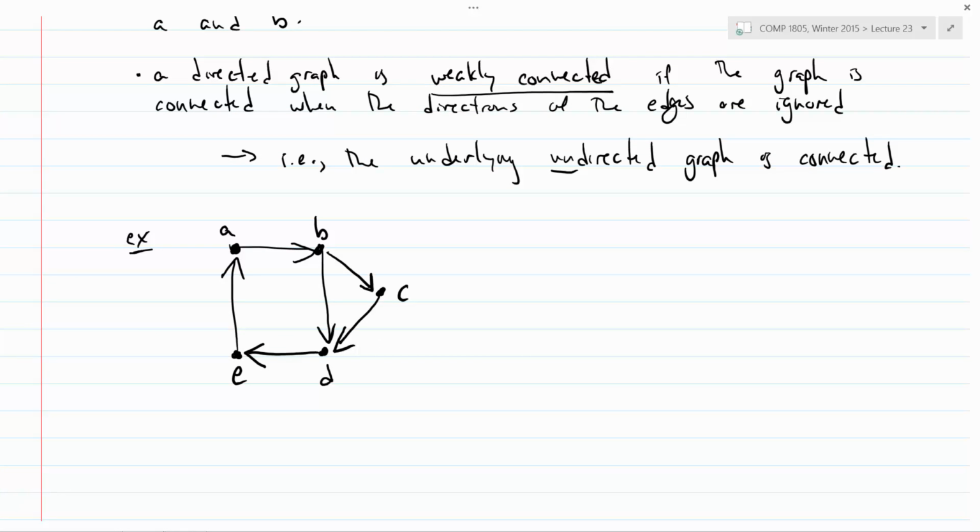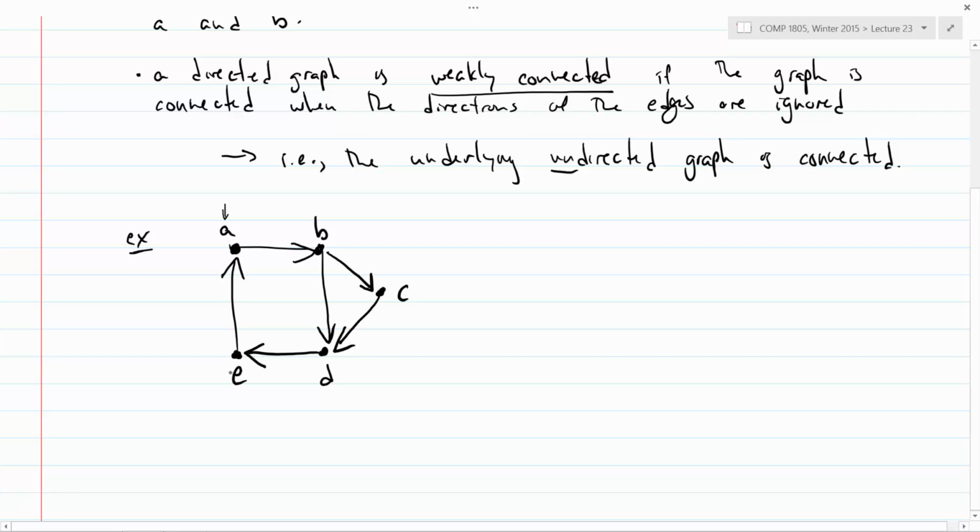So I want to know, is this graph, first of all, is it weakly connected? Yes. If I ignore all of the arrows and just look at the edges, so the underlying undirected graph, it's definitely connected, right? There's a path from every vertex to every other vertex. Is this graph strongly connected? So it is, but it's maybe a little bit harder to see. So let's go through. If I'm sitting at A, can I get to B? Yes, I just walk to B. Can I get to C? Yes, I follow AB, then BC. Can I get to D? I go AB, BD. Can I get to E? Yes, I go all the way around AB, BD, DE. So from A, I can reach everything.